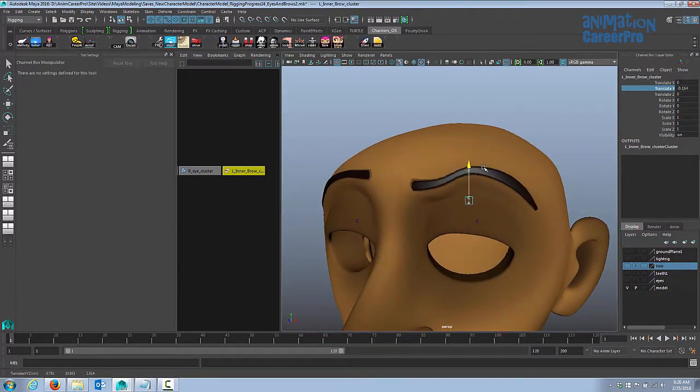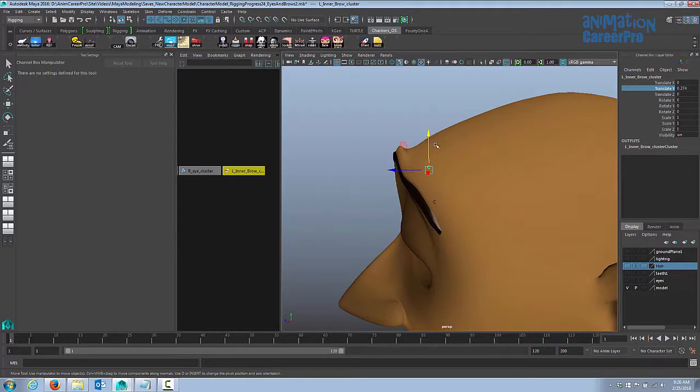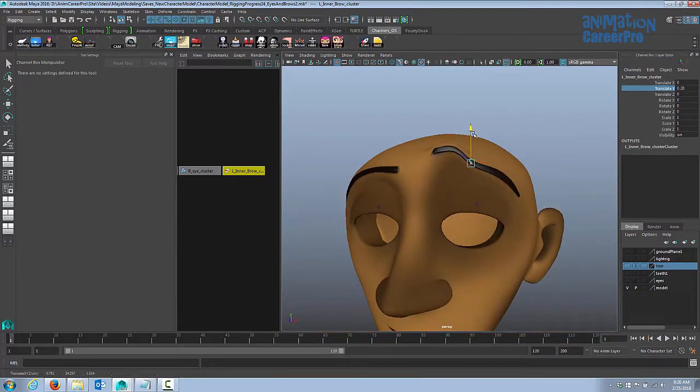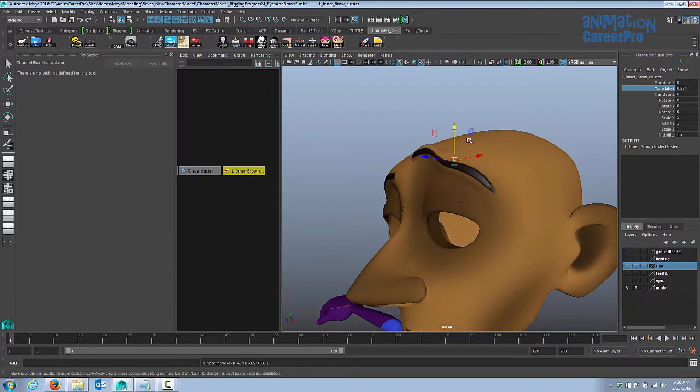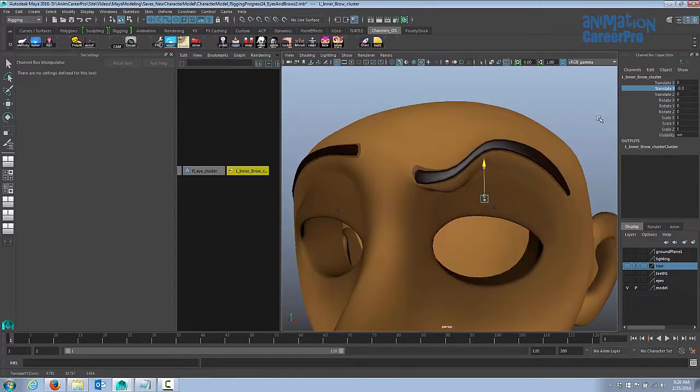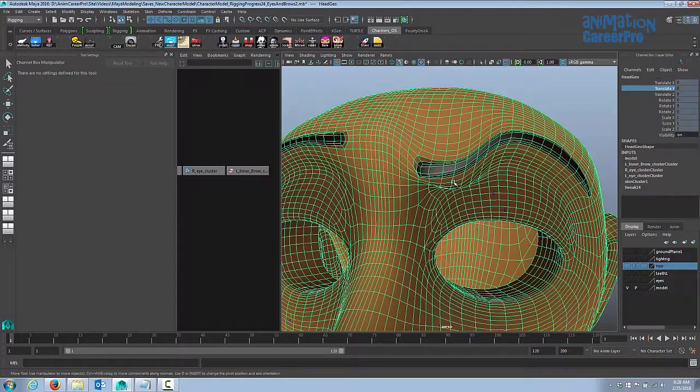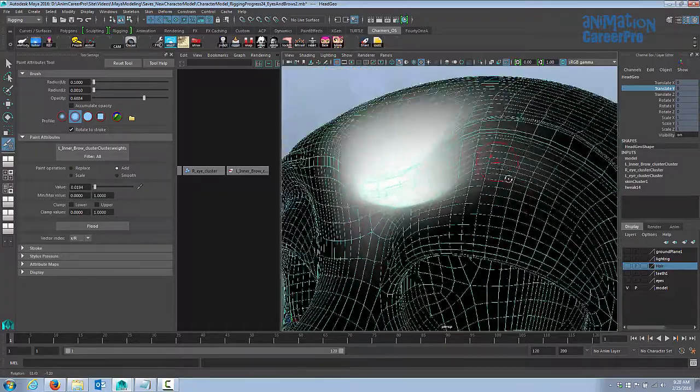We're going to do something very similar to what we did with the joints, where we move the cluster into a position and then we paint it out to get the desired deformation that we want. So I'll do that with moving it up and moving it down. For these clusters, we're basically just going to be moving them up and down, and we'll also be rotating them. Alright, so I'm just going to move this down to get them into more of a sort of an angry expression, and we'll paint this cluster out, and we'll start finessing the weights to get some nice deformations.